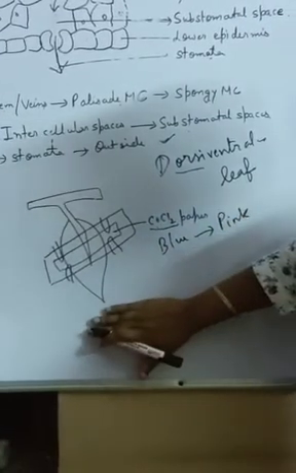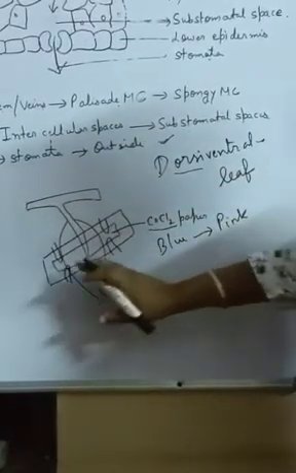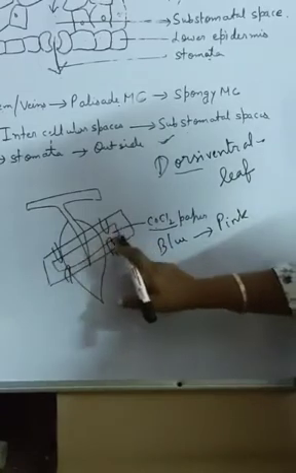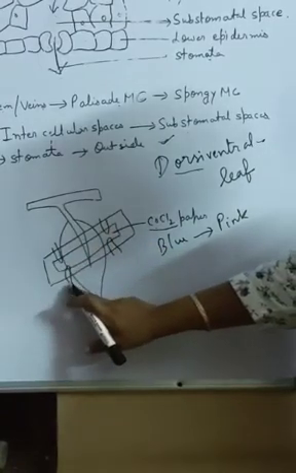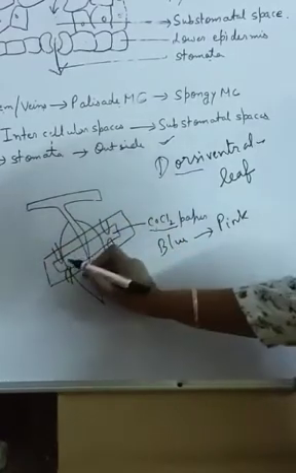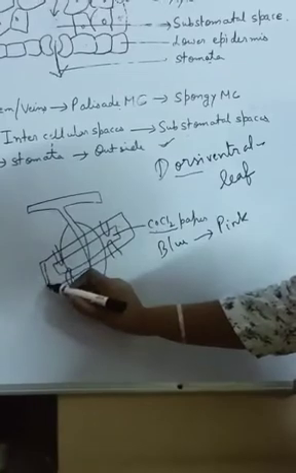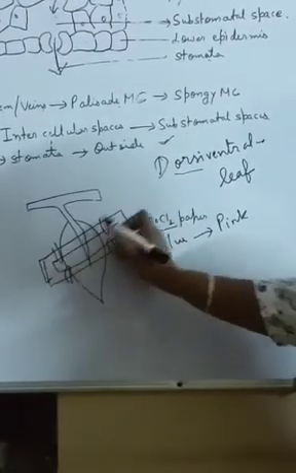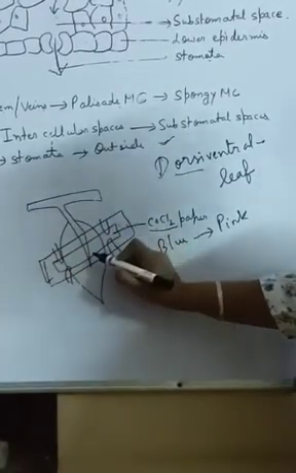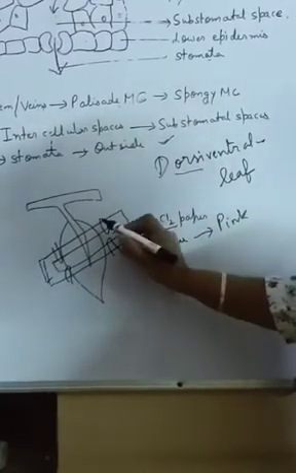So we will take a leaf. The leaf should be intact with the plant, don't pluck it. And then we will put cobalt chloride paper on the upper side as well as on the lower side with the help of a glass slide. You can see this is cobalt chloride paper. These are glass slides. We will take one glass slide on the upper side, one glass slide on the lower side, one cobalt chloride paper on the upper side, one cobalt chloride paper on the lower side, and we will secure it